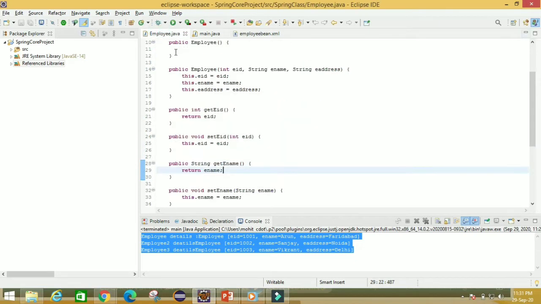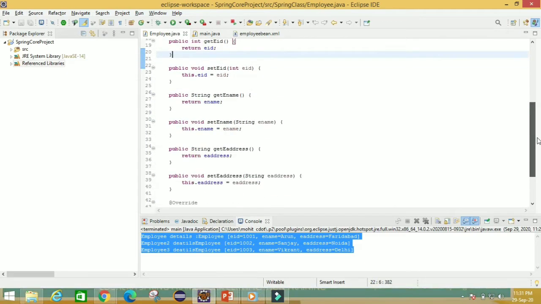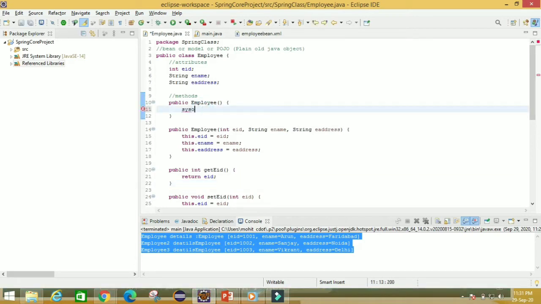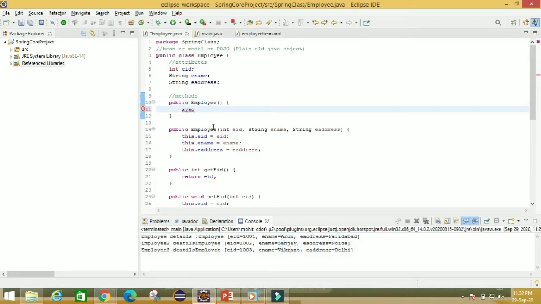So in my Employee Java file, I'm going to add a sysout in the method here, and print "object is constructed".